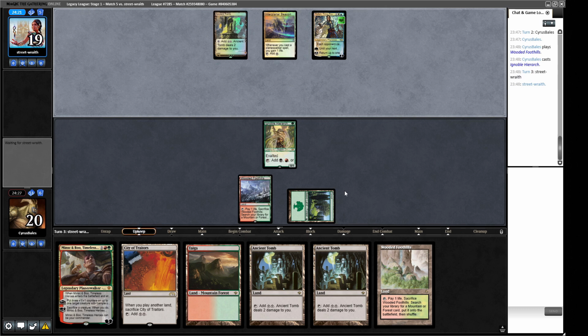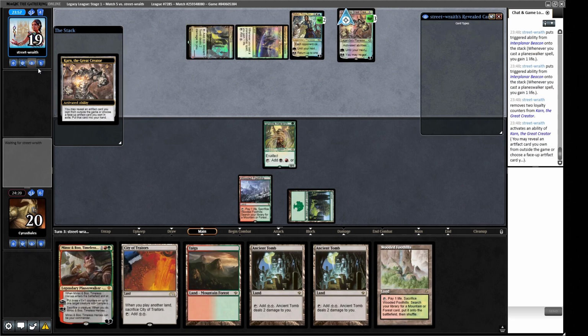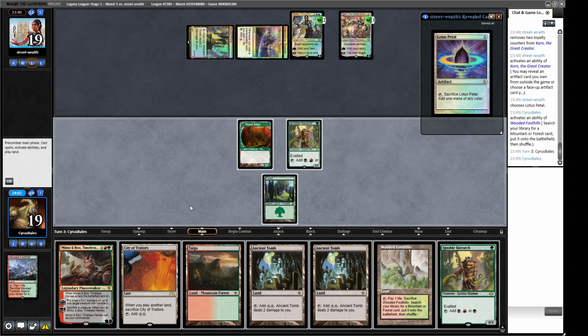Some sort of Planeswalker deck is what our opponent must be on. Ancient Tomb into Teferi. Not a curve you see particularly often. Karn the Great Creator. Okay. Let's see what they get off this. A Lotus Petal. Okay. Our opponent hasn't shown us any 1 mana-y, counter-y spell stuff, so I don't...